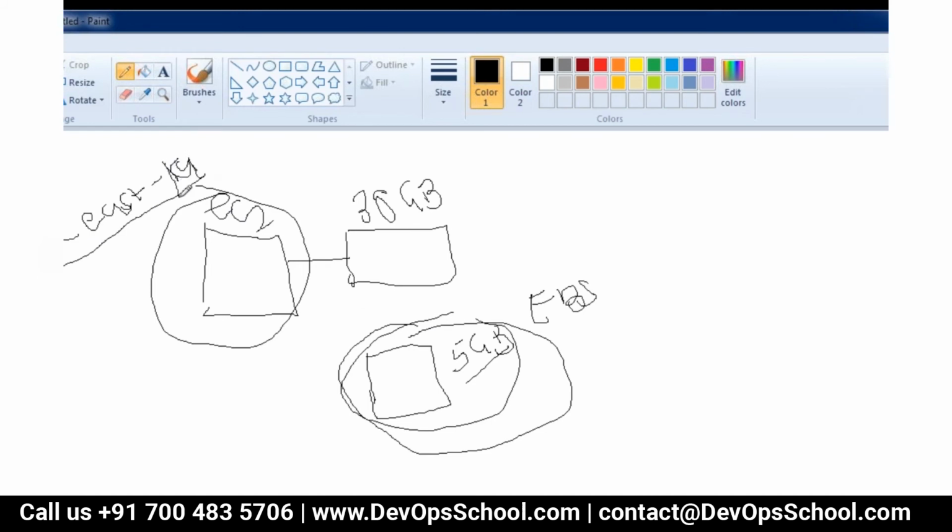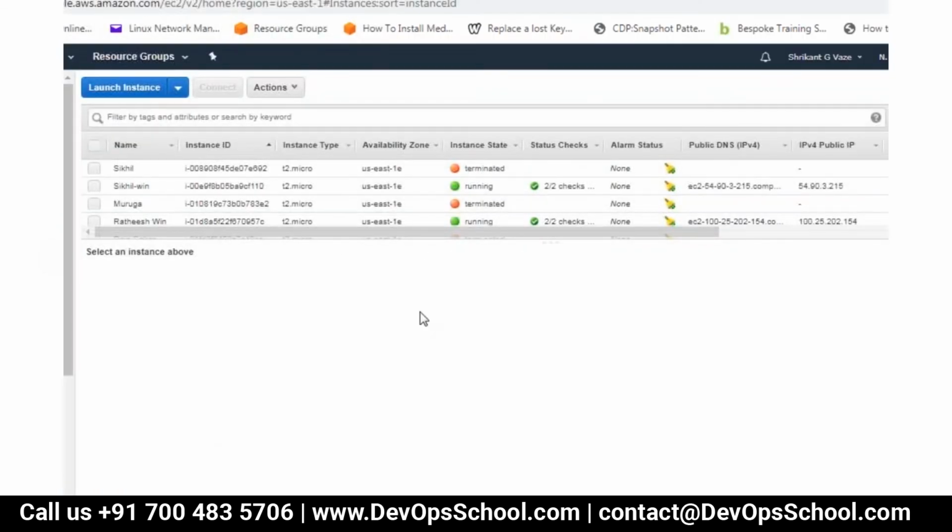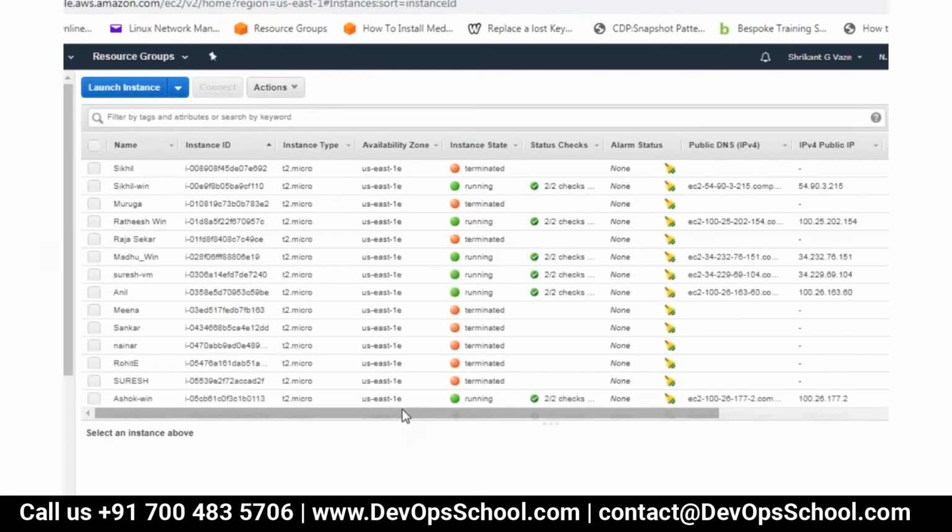Why is there this limitation? Because an availability zone is a data center, so naturally the volume has to be created in the same data center for the instance to access it. So make sure you put it in the same availability zone as your EC2 instance. Let us first note down the respective availability zones.